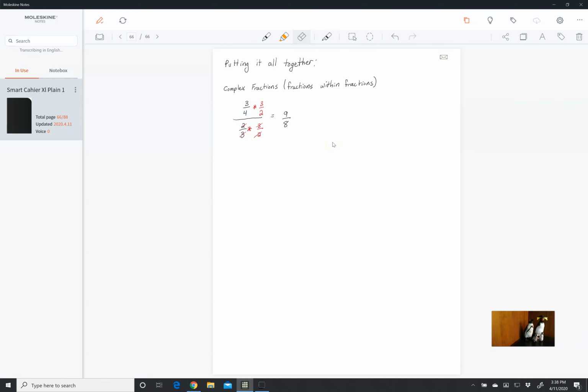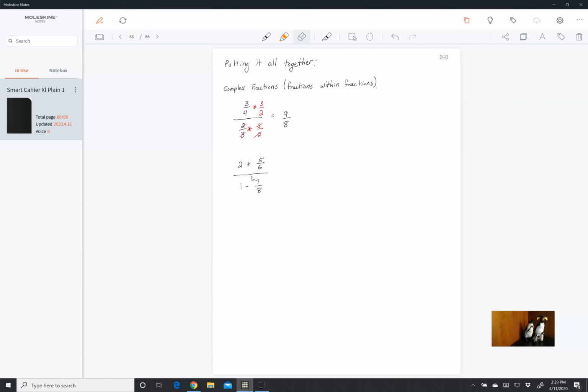Okay. So now we're going to add to this a little bit, and we're going to say, okay, well, now we're not just dividing or just multiplying. We're going to add some addition or subtraction in there as well. So let's take an example. Again, we'll just use numbers to start with. So let's say that we have 2 plus 5 over 6, and then 1